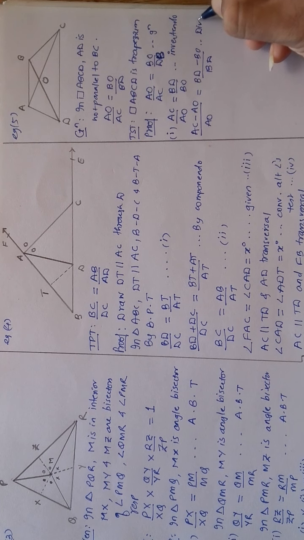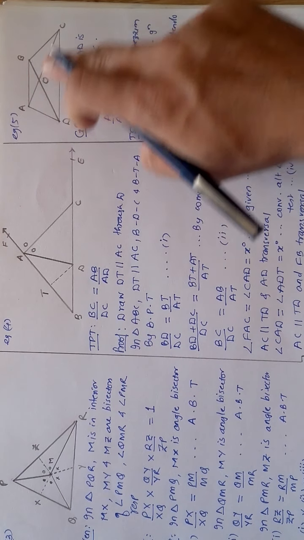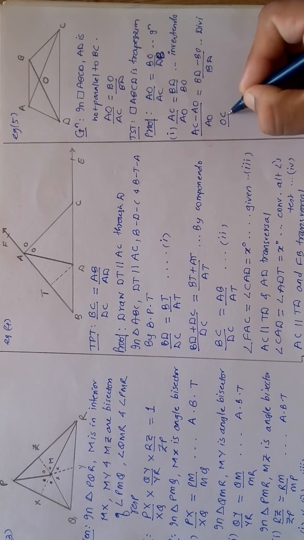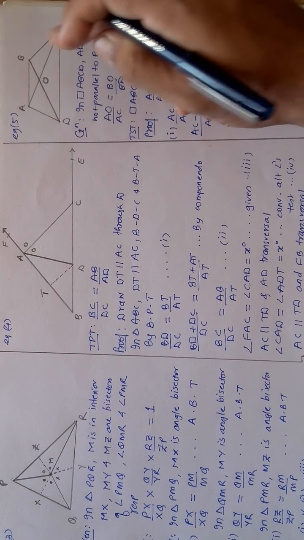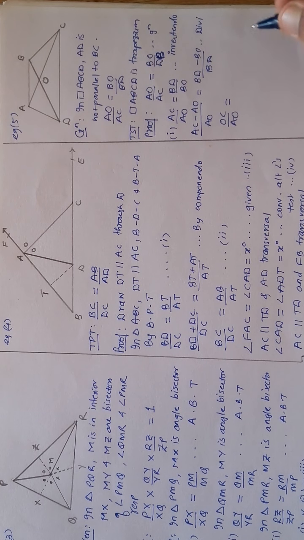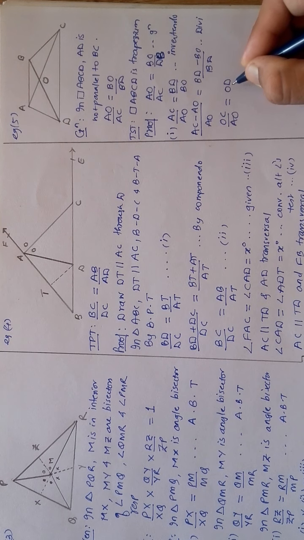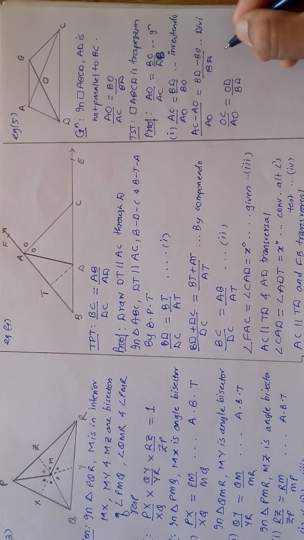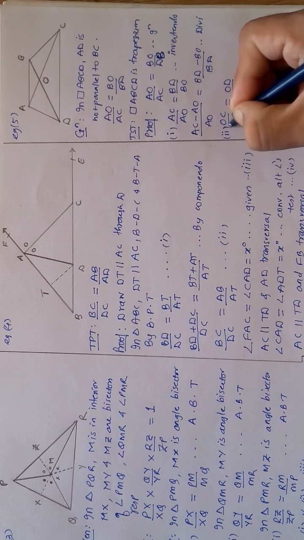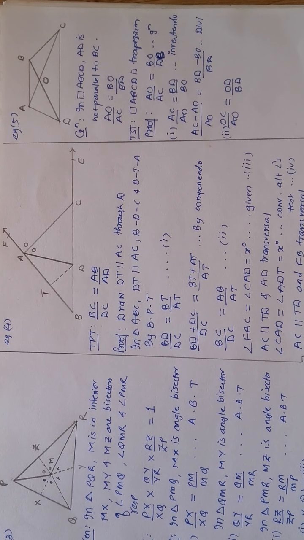This is dividendo. Space is not there, so I will just write DV. Now AC minus AO is your OC and BD minus BO is your OD is to your BO. Let this be your statement number 2. Now let me analyze it. I got OC is to AO, okay? And OD is to BO. So right now I don't have any connection between them.